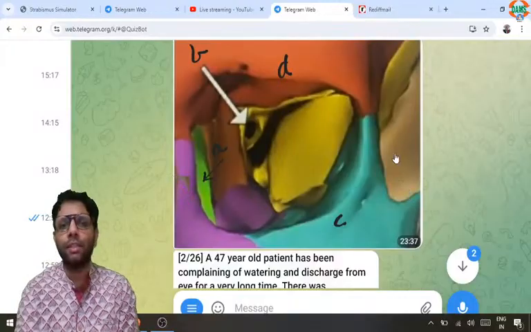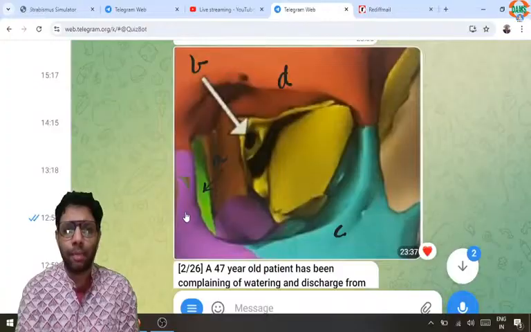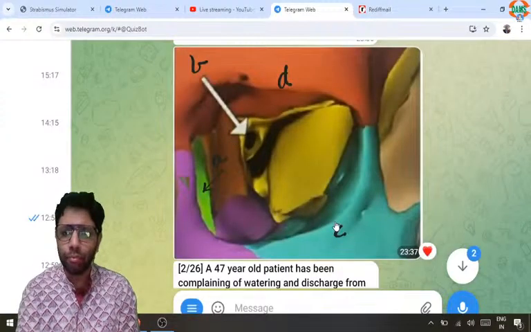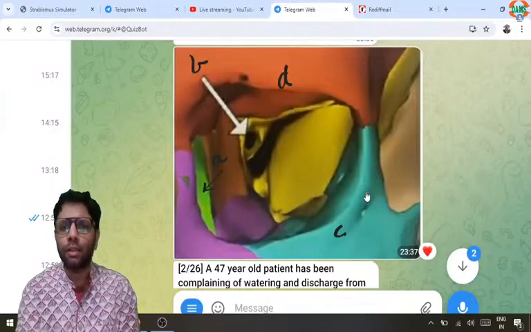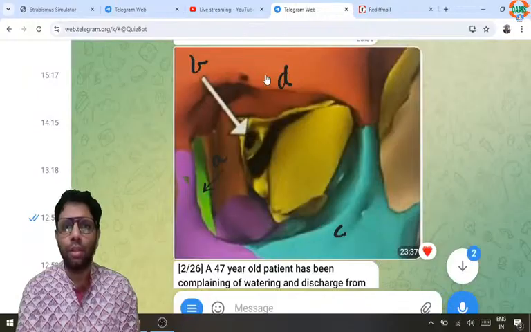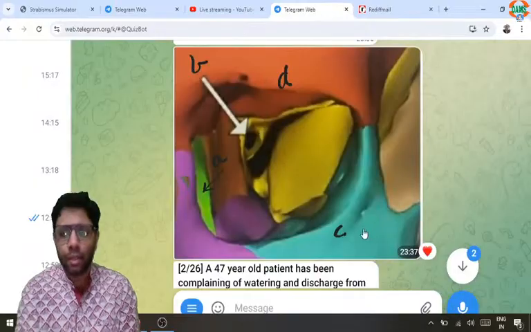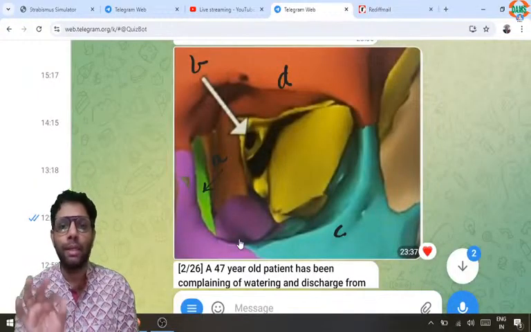Okay, just identify this is a left orbit shown. In the medial wall, there is maxillary, lacrimal, ethmoid, and one more, body of sphenoid. In the lateral wall, there is zygomatic and greater wing of sphenoid. In the roof, there is frontal bone and the lesser wing of sphenoid. In the floor, there are three bones: palatine, zygomatic, and